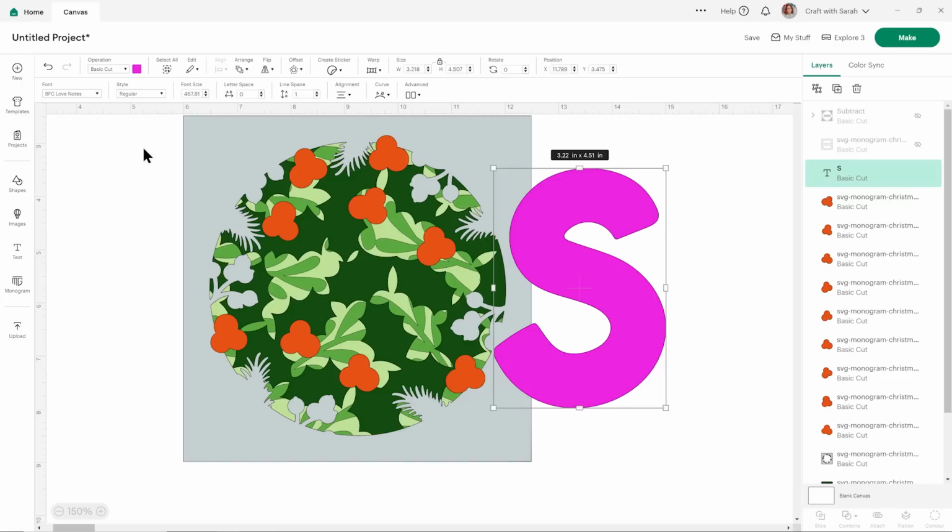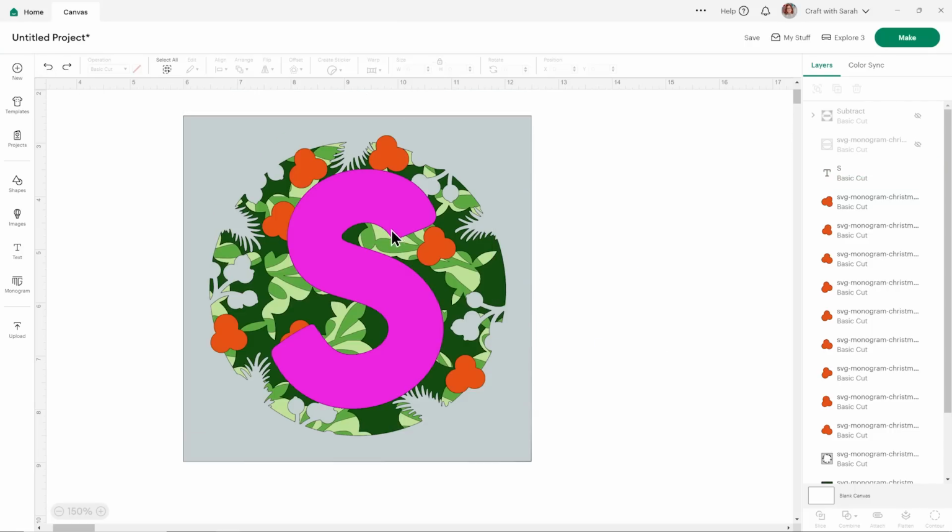A better way to do it for a more effective 3D appearance is to weld the shape of this letter onto all of the layers underneath. And if that sounds complicated and you have no idea what weld means, don't worry, I'm about to show you. Looking at our frame, we've got 4 main layers. There are 3 shades of green and then this grey, which means we're going to need 4 copies of the letter.